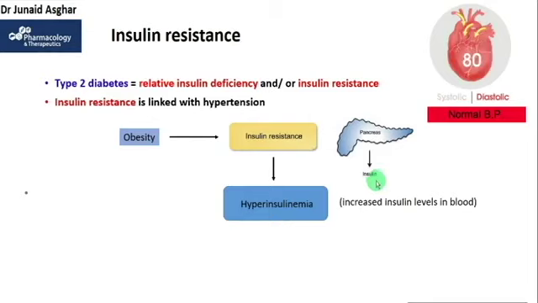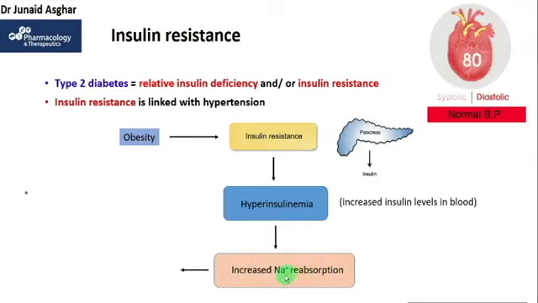Now there is strong evidence that higher insulin levels in the blood, or hyperinsulinemia, is a hypertensive factor in the body, and this is commonly seen in obese people. Studies show that hyperinsulinemia may cause sodium retention in the body by increasing the reabsorption of sodium into the blood and thus raising the blood pressure.